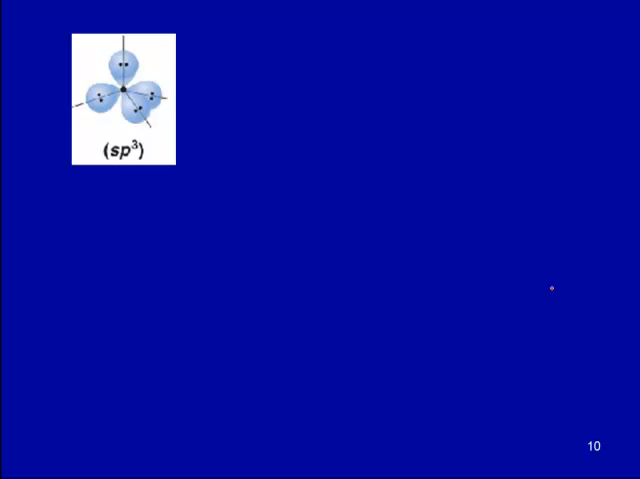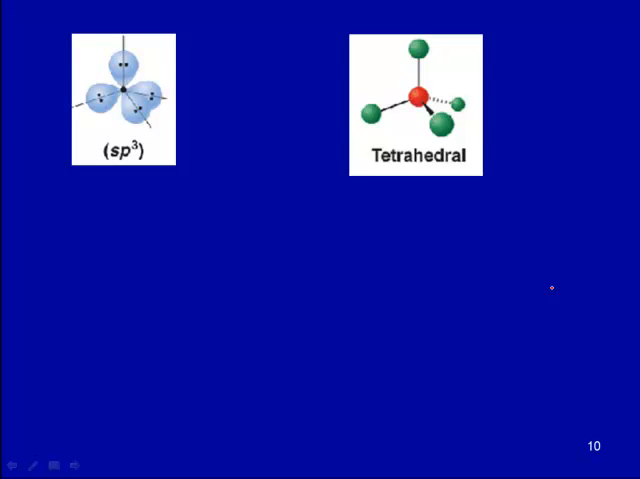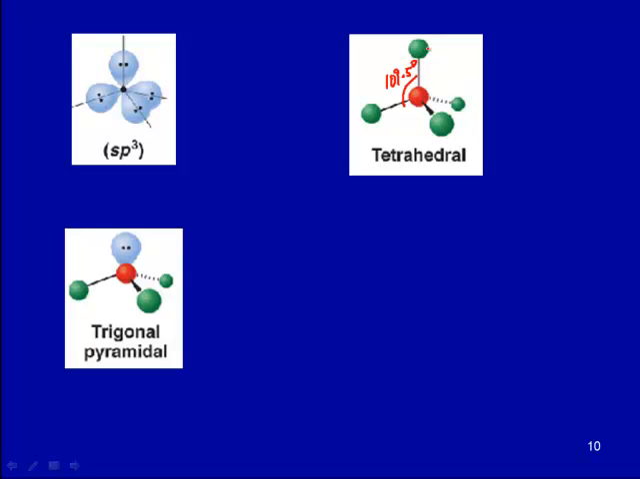So continue discussion. If we have 4 electron groups, this is tetrahedral, and if we have all of those electron groups connected to the surrounding atoms, now we have a tetrahedral shape, and the bond angle is 109.5 degrees. It's 109.5 degrees. However, if we have